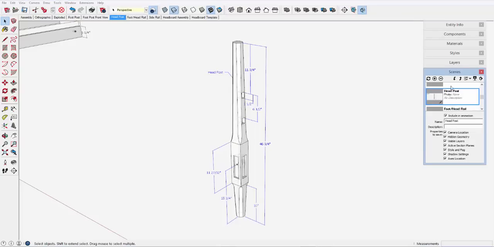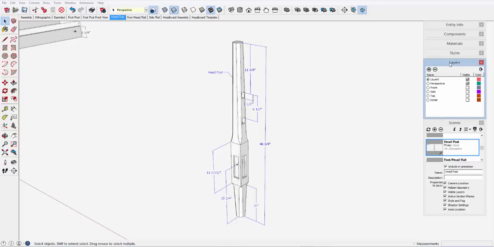And here we have the scene of the perspective, and I'm only applying the perspective, and you can see the other front, side, top detail layers that I'm going